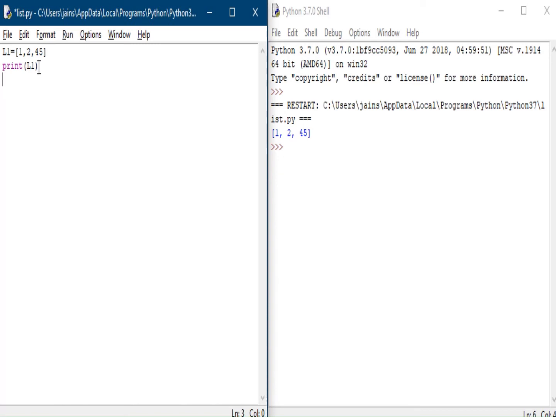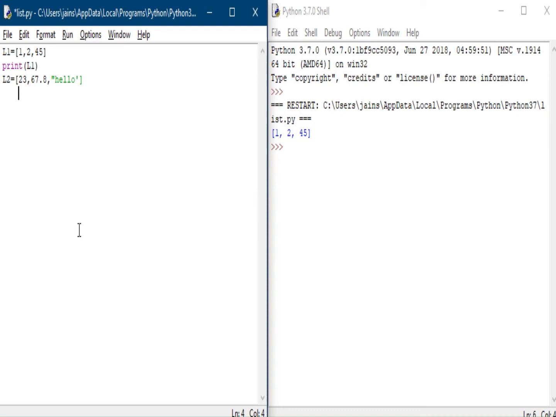Another type of list that I am creating is a list which contains different types of values. One integer element I am assigning, another decimal value, then a third string value I am giving to the list. So again I am adding 3 elements. You can add more elements also, that's your wish. So 3 elements I am adding, all are of different types as you can see.